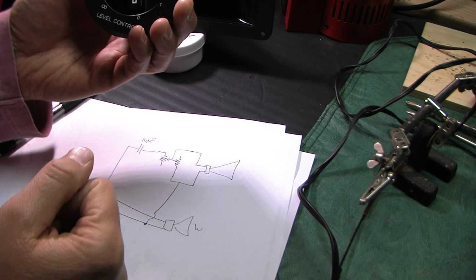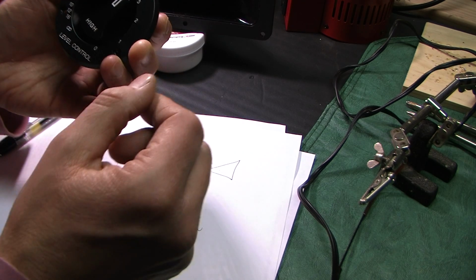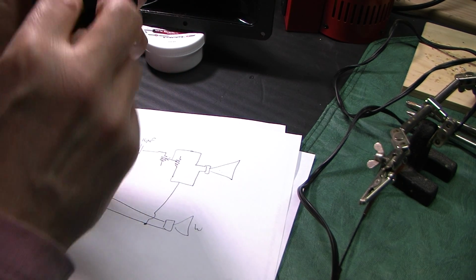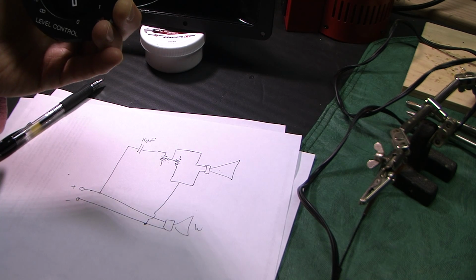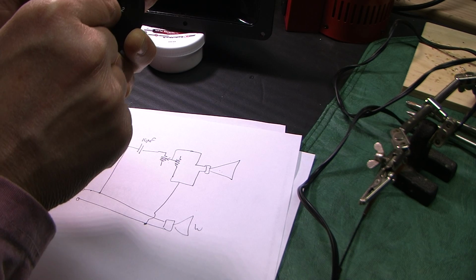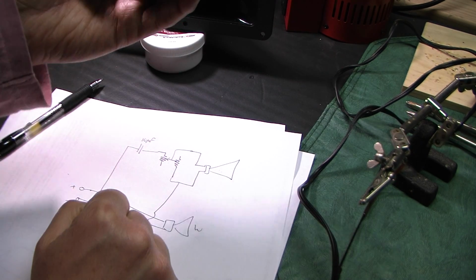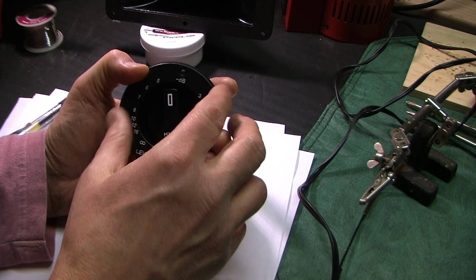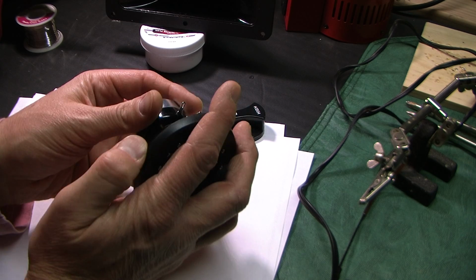And then that's our level control, 0. It's given as a decibel scale, so 0 all the way up to infinity. I've never worked with an L pad before, so I'm guessing 0 means you're not going to hear anything out of the tweeter. Then as we go up, we double at 3 dB and 6 and all the way up to infinity, which means every bit of signal possible will come out of the tweeter. Holding this too high for the camera. So 0, nothing. It's pretty cool how that works. You saw that earlier, but there's a little tab there that goes into the...